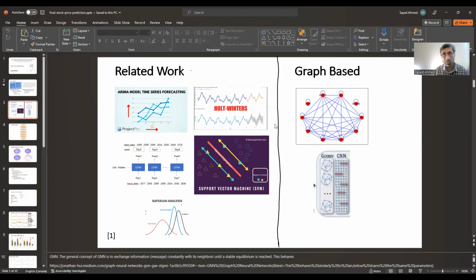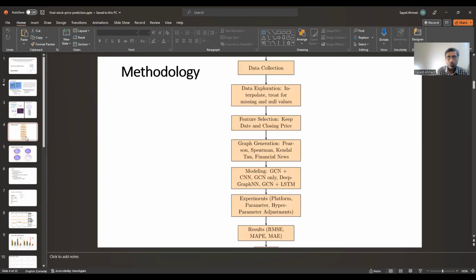comparing, I think this paper is compared. We may or may not compare. I think what I will do in my case is compare my implementation with the paper's implementation, right? With some variations. So these are the steps that I followed. And in general, these are the steps that you follow to develop a data analytics, machine learning, or deep learning project, right? This is almost the high level view.